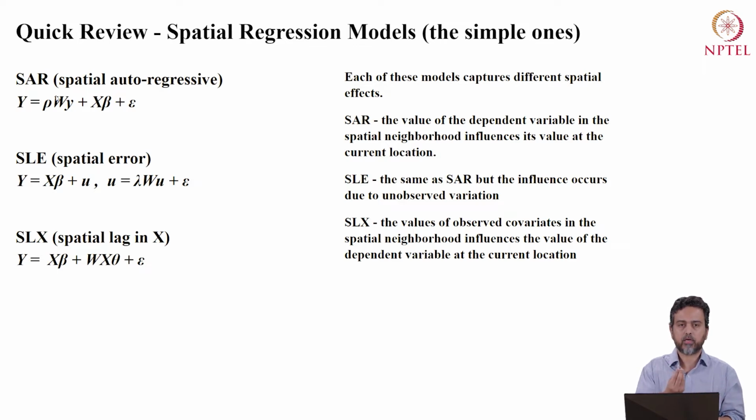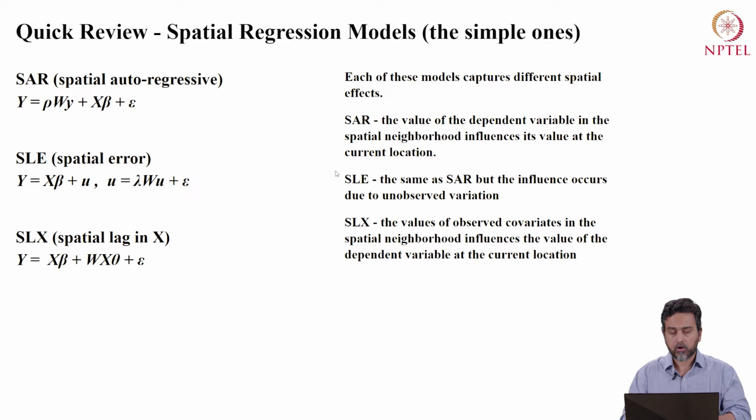So if we are in a sub-district, let's say Agra sub-district, then WY would be all of the neighbors of that sub-district. And how we would pick out the neighbors is because the weights matrix will contain 1s for all of the neighbors and 0s for everything else. So we are trying to explain groundwater level in the Agra sub-district using the groundwater levels of neighboring sub-districts. And the coefficient that we want to estimate is rho hat. And as usual, we have the other covariates and the error term.